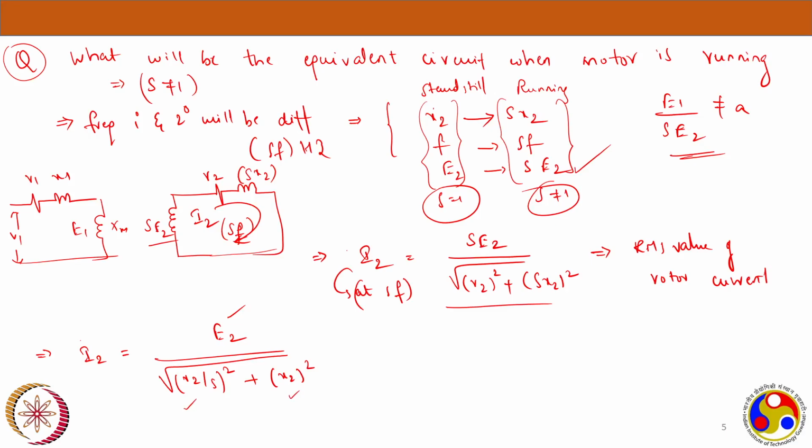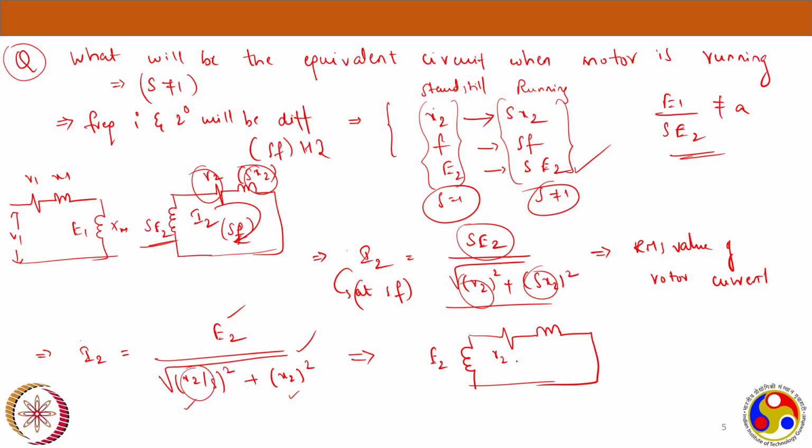Now if you see these terms here, E2, R2 by S and X2, this also represents some kind of circuit, right? If I want to draw that kind of circuit, see, SE2 is this voltage, R2 is the resistance and SX2 is the reactance. Now if I apply the same to this one, I try to draw some circuit here. This will be E2 and there will be a resistance and the reactance. From the expression, that is what I understood. But the resistance value is not R2 here, it is R2 by S, and the reactance value is X2, right? But the current flowing is I2 only,